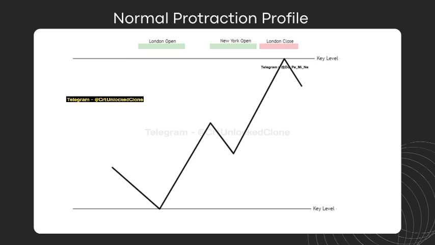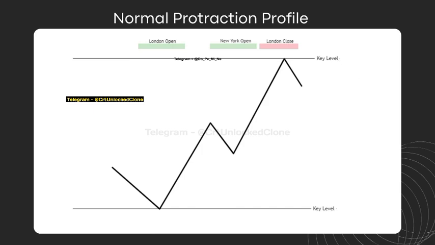And more often than not, price forms a CRT with these two candles on the 4 hour. And then what happens during the London Open from 2 a.m. to 5 a.m. is that price purges that CRT low and it takes out that CRT and that Asian range and tests the higher time frame key level. And after that, it expands higher from there to the upside until the opposing key level or drawn liquidity is